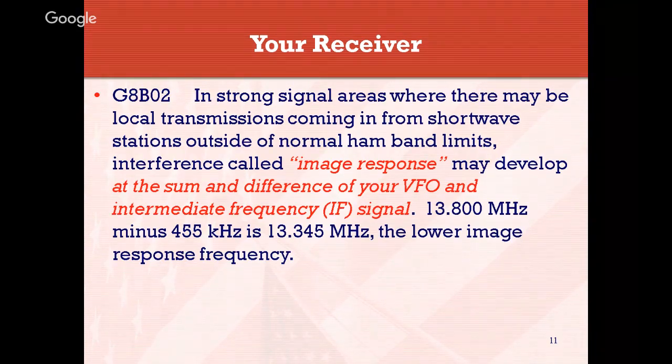However, it had difficulty receiving some of the outlying areas, even though people could still hear the 2 meter repeater in those outlying areas. So we decided to put up a remote VHF receiver out at another location, and it was linked back to the main site